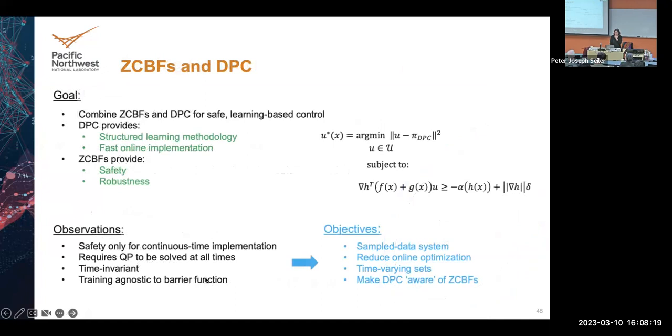So the approach that my collaborators came up with was to look at assuring this step only when the state comes close to the edge of the safe set, and for the rest to just apply the control policy that is coming from DPC. So basically, you have this DPC policy, and instead of solving this all the time, they were looking at ways in which to solve it less.